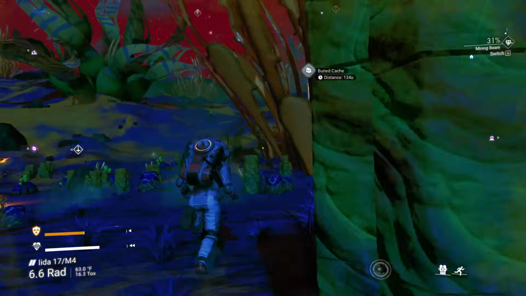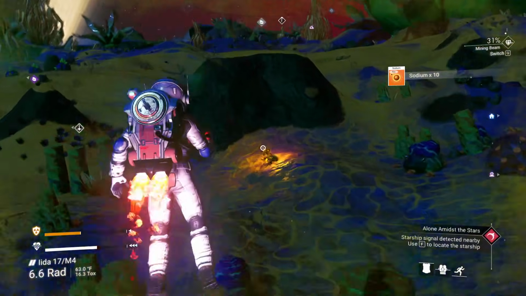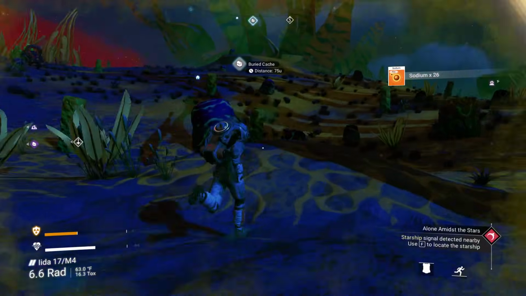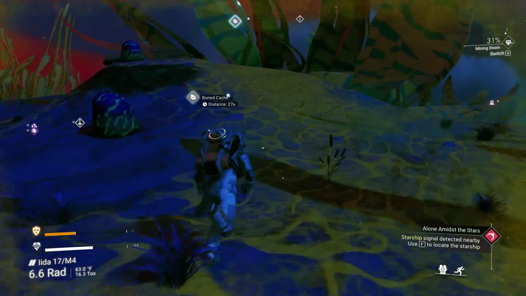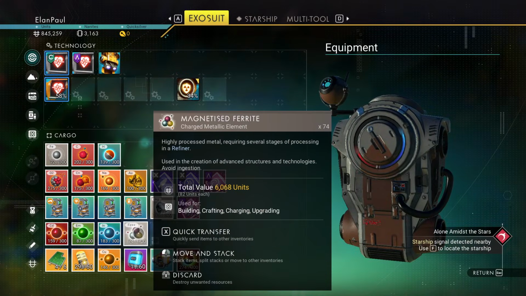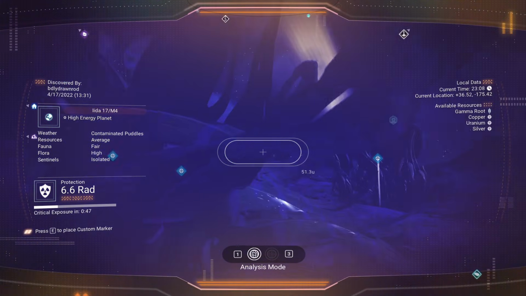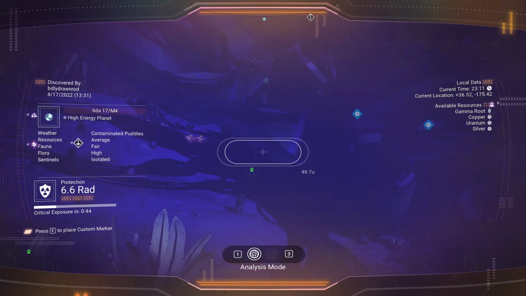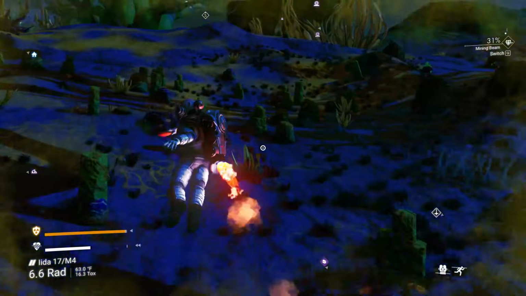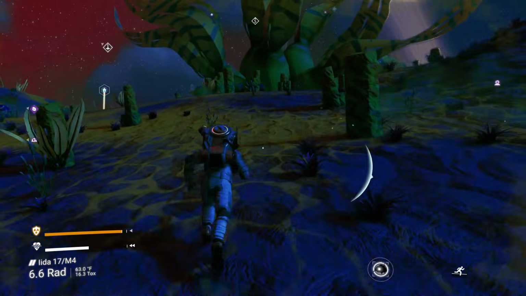Radiation protection falling. See here, so... that, sodium... magnetized ferrite. I'm going to get rid of you. Don't need it. Nope, nothing still. On our way. Radiation protection falling. We're officially over an hour, that's for sure. So...